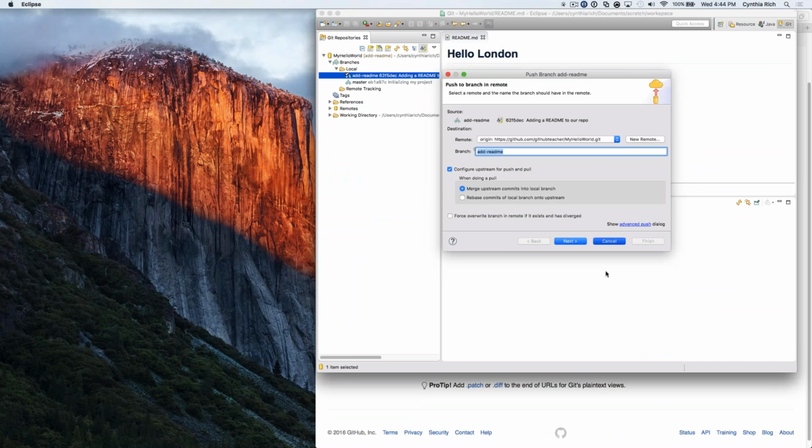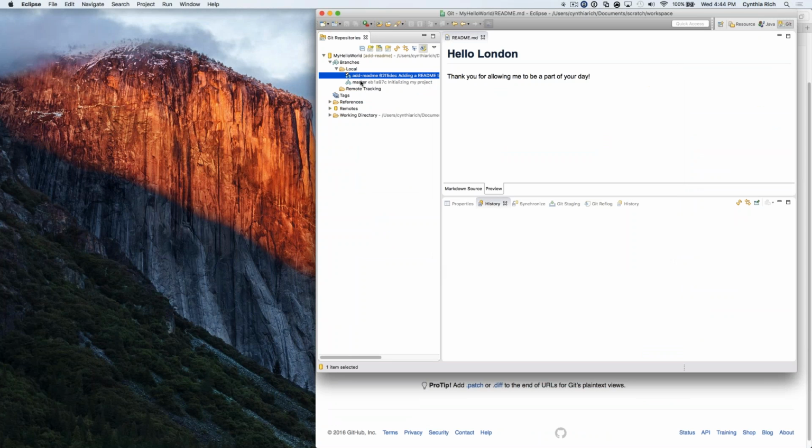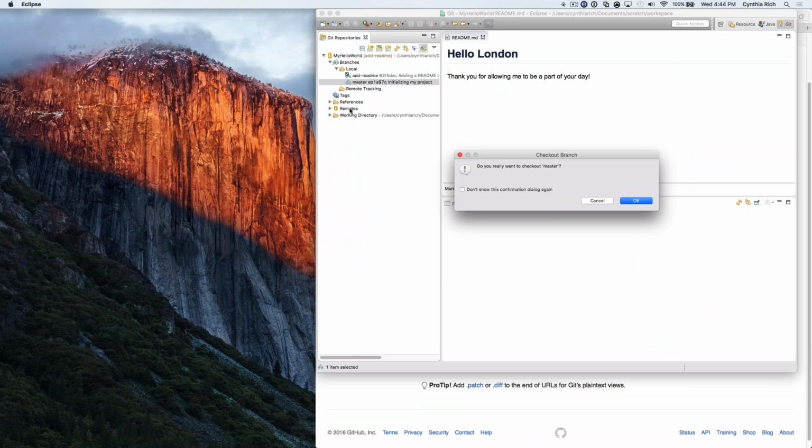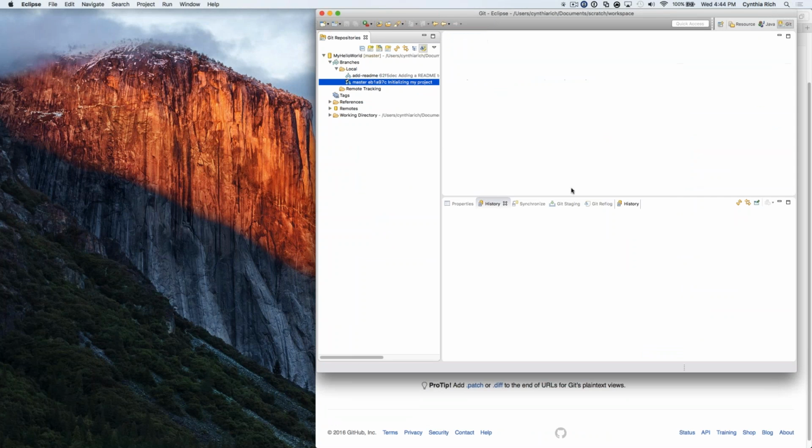So now let me come back over here to Eclipse. And now when I get back over here to Eclipse, what I want to do is switch back to my master branch. So when I double click on that branch, it says, do you really want to check out master? Yes, I do really want to check out master. So I'm going to come back to my master branch,